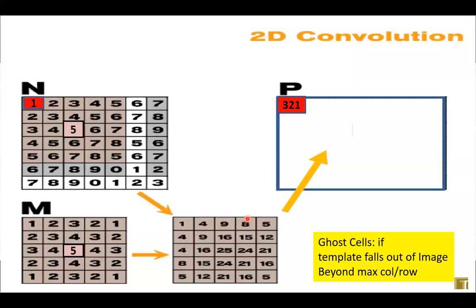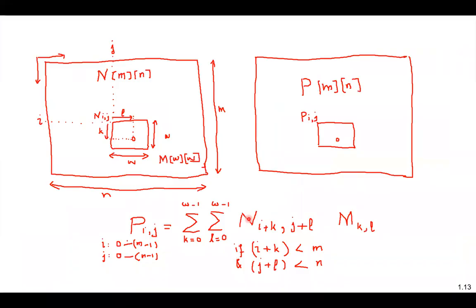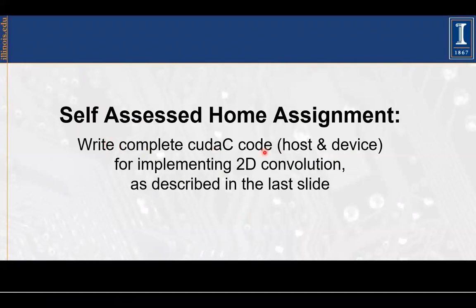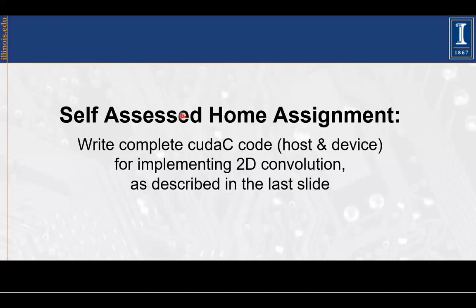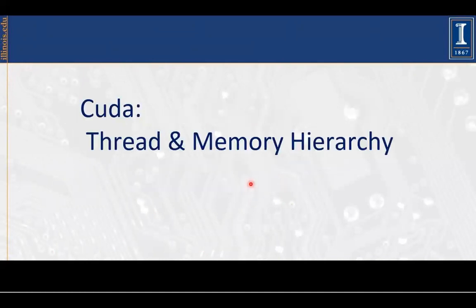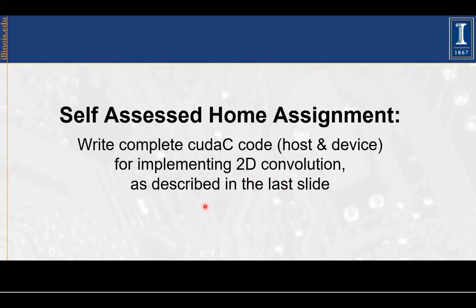I would like you now to run both these codes, especially the 2D one. Write a 2D convolution using the same mask, run it on the Google GPU setup which we have given you, and see whether it works as we discussed in this lecture. If it does not, ask questions at the beginning of the next class. Okay, that takes care of this lecture. Our next lecture will be about the thread and memory hierarchy. Okay, so all the best.